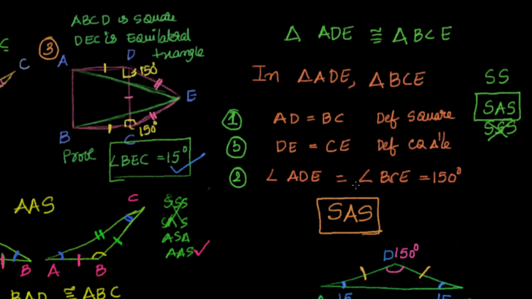And remember, when you are giving the triangles as congruent, you are taking the responsibility once you say this, that angle A equals angle B, angle D equals angle C, angle E equals angle E, AD equals BC, DE equals CE, and also EA is equal to EB. So you have to be very careful how you are putting the words here.